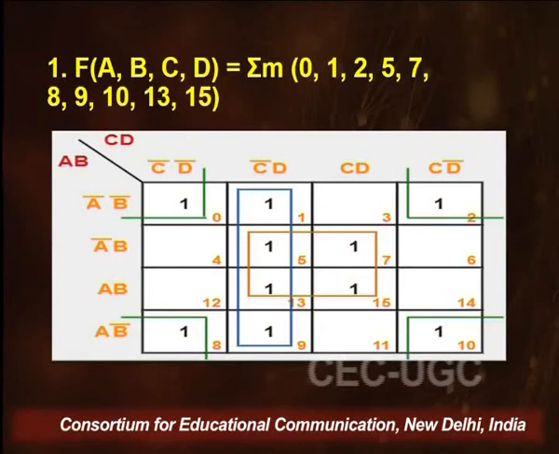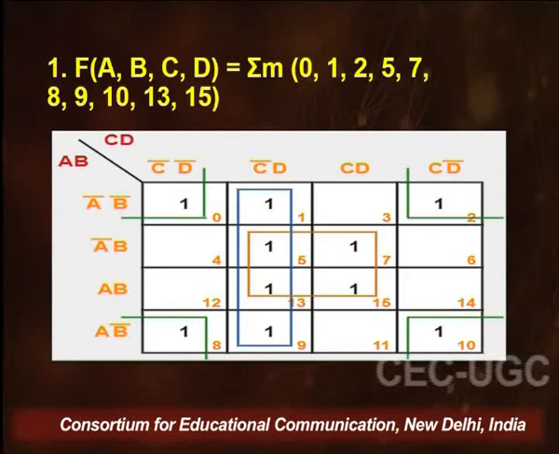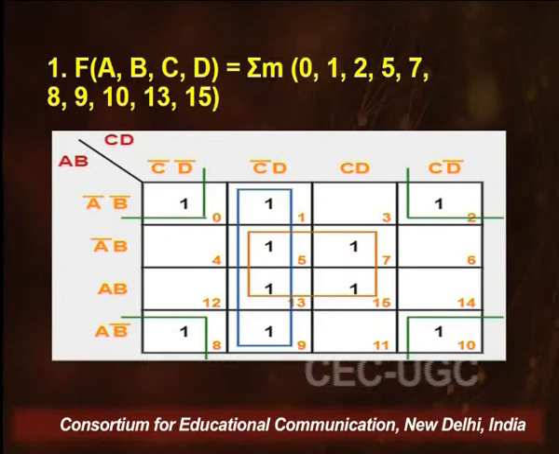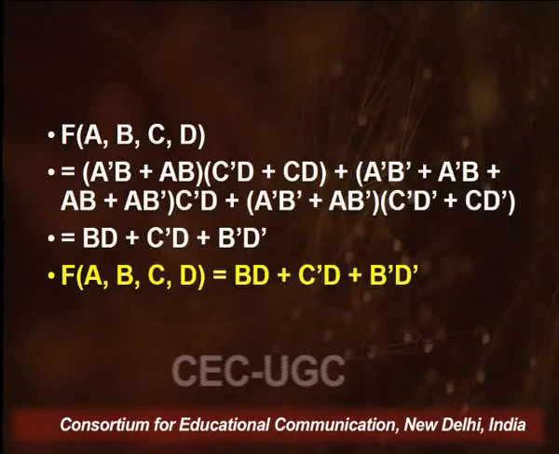Let's look at the vertical section, which is the C'D column. So C'D remains constant for each. When I move from cell number 1 to 5, A' remains constant, but when I move from cell 5 to 3, that A' also changes. So I cannot write A or B. Now I move from cell 3 to 9, again A remains constant, but B changes. So with each movement from cell 1 to 5, 5 to 3, 3 to 9, one variable has been constantly changing, be it A or be it B. So we cannot write either A or B. The only constant was C'D, and that is how we got the term C'D from here.